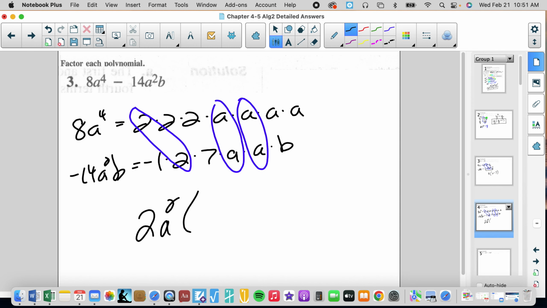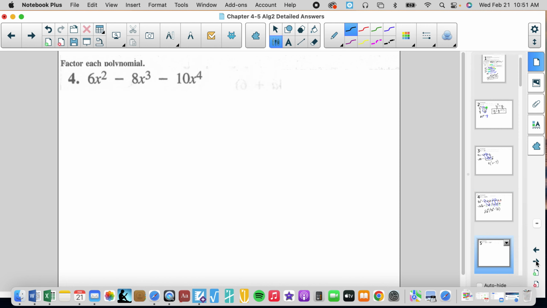When I factor that, what am I left with in the first term? That's 4a squared. What am I left with in the second term? Negative 7b. Really, really nice technique. Hopefully you see it. Negative 8x cubed minus 10x to the fourth. First thing we should recognize,